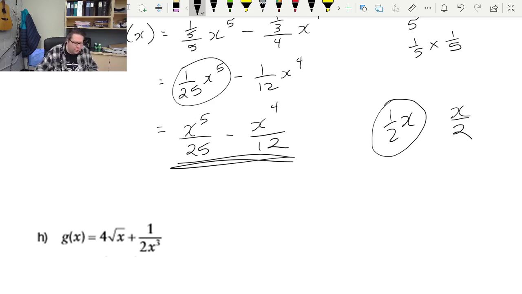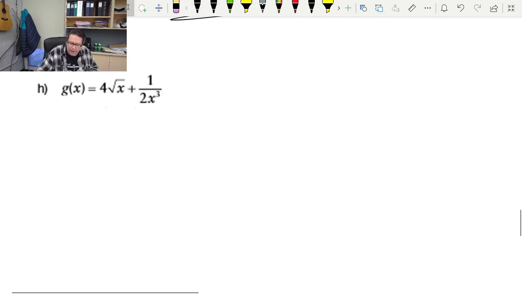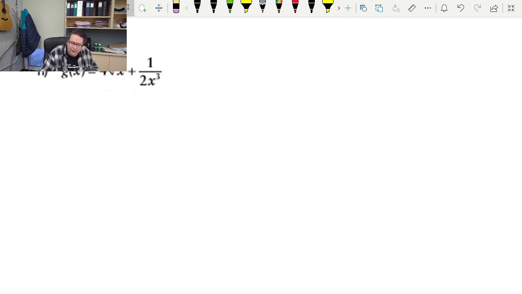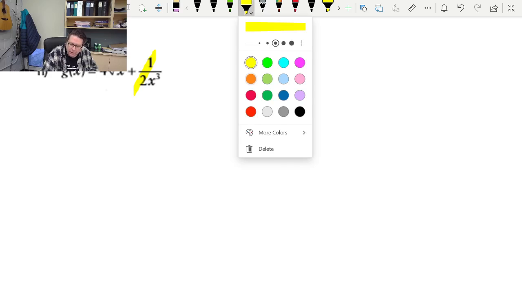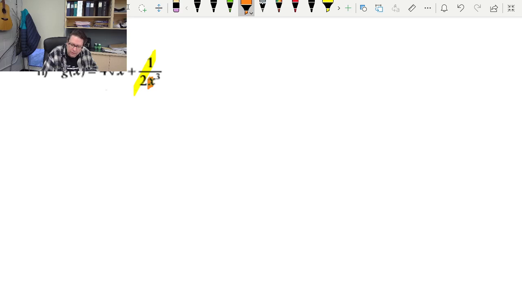Let's do one more of this kind of antiderivative. Now this one, I have the problem again of this 1/2 here that looks like it's 1 divided by 2, but I'm thinking of it as a half times my variable. But the fact that the variable, let me go to a different color here, the variable is in the denominator has to be treated differently than the coefficient having a denominator. So if that makes sense to you,